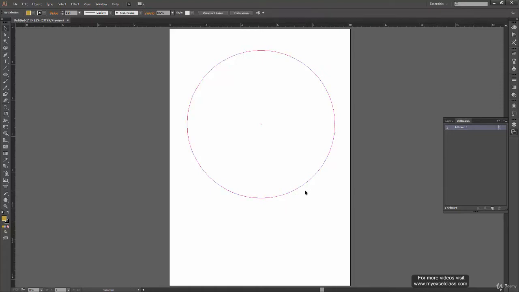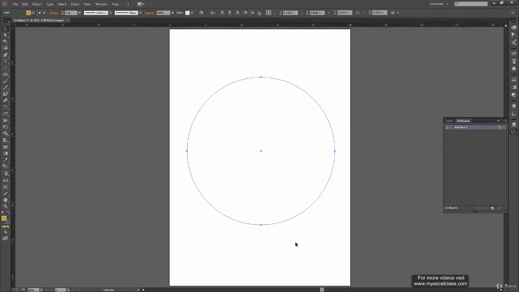Before we move forward, let's see if I want to get my shape back from this circle itself. Now I have created a guide out of the circle, and I have my purpose served, but now I want that circle back actually. Let's say if that color or that shape is important to me, it's important for my design, I want to place it back.